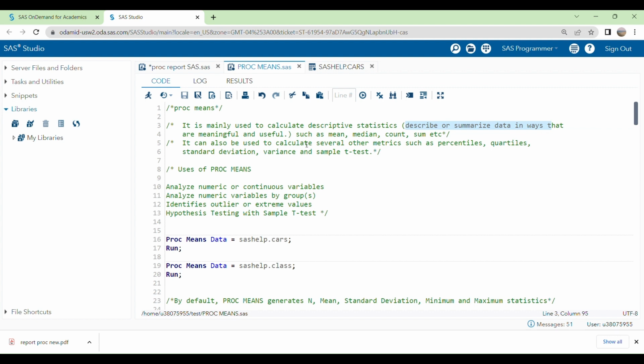Descriptive statistics are, for example, mean, median, counts, sum, and numbers, and many more statistics can be performed using proc means. It is also used to calculate several other metrics, for example, percentiles, quartiles, standard deviation, variance, and the t-test. So here is the list of uses of proc means: analyzing numeric or continuous variables, analyzing numeric variables by group, where you can categorize and identify outliers, and hypothesis testing with